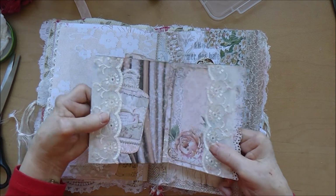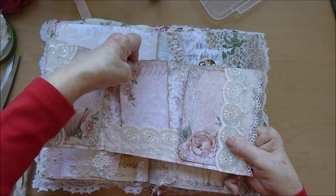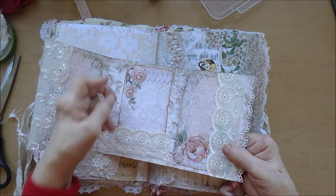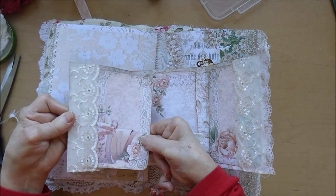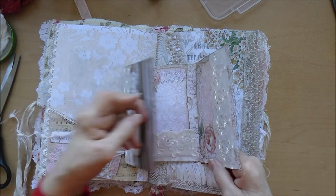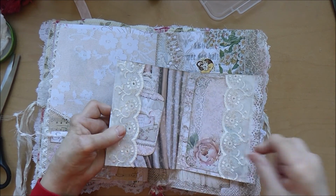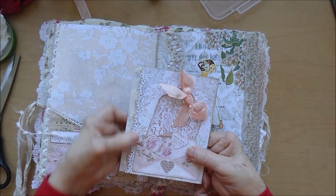So it pops open right out like that. So there are pockets all the way along. The little journaling card there, this is all from the Stamperia paper pad. Little journaling card there, another one here. So I put those pockets in, closed it up this way. I thought I'd put another pocket here, so there's another one just there. So I'll pop that one in there, close that, use a border punch just to give it a decorative edge,